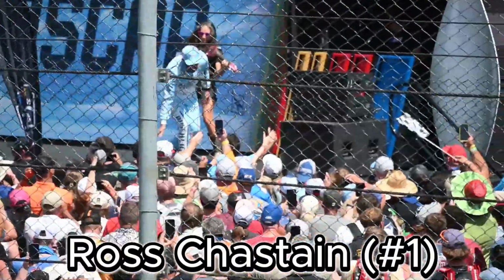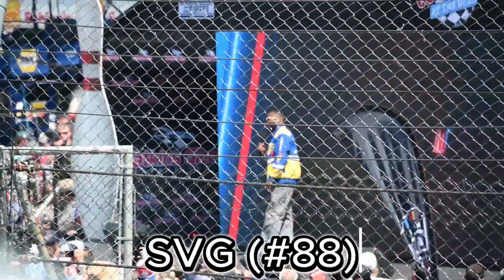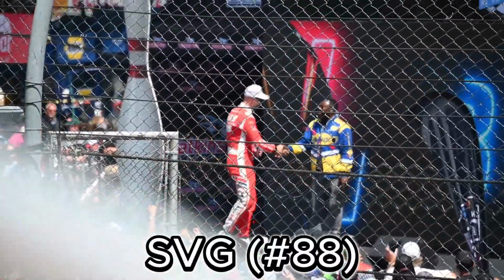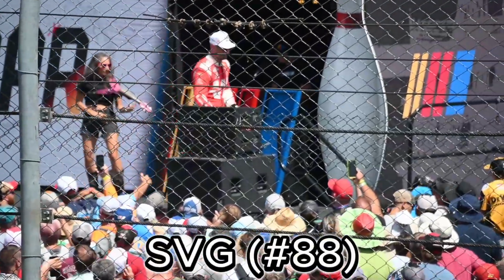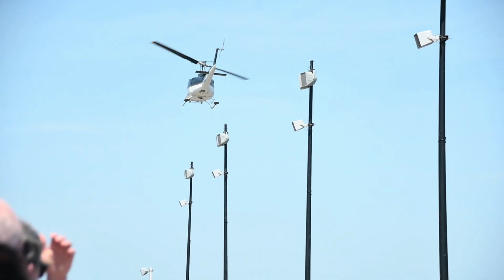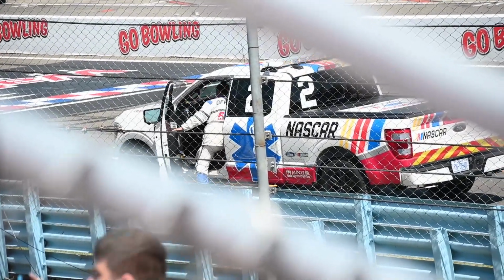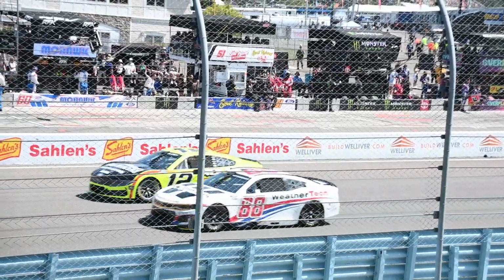He has 1 win on the season. It was in Pocono. Driver the number 19 Supercar champion. Give it up for driver 88 SBG Shane Van Gisbergen. And on the Busch Light Pole, your 2023 NASCAR. For Cody Ware is the number